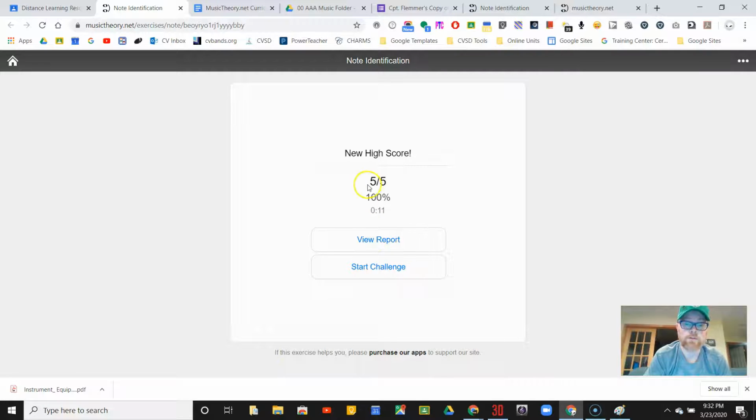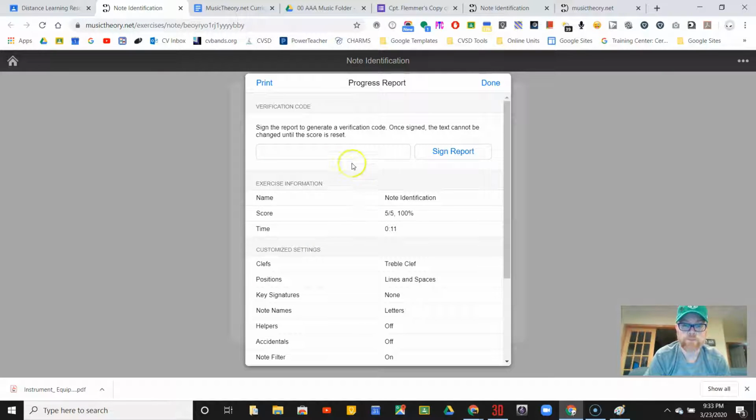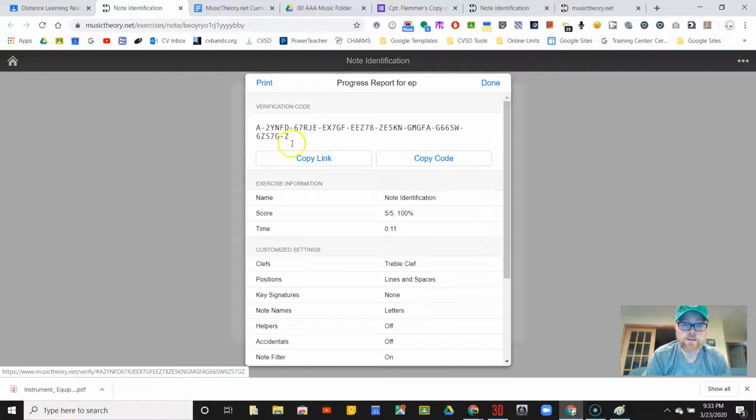What they're going to do after they're done, remember their raw score. That's all they have to really remember. And then they're going to view report. When they view the report, they just need to sign off that they did it. It's not that official. It's just I put my initials and I sign the report. It's going to give me this unique code. Okay, now you'll see in a minute why this unique code is important, but it is unique to this single